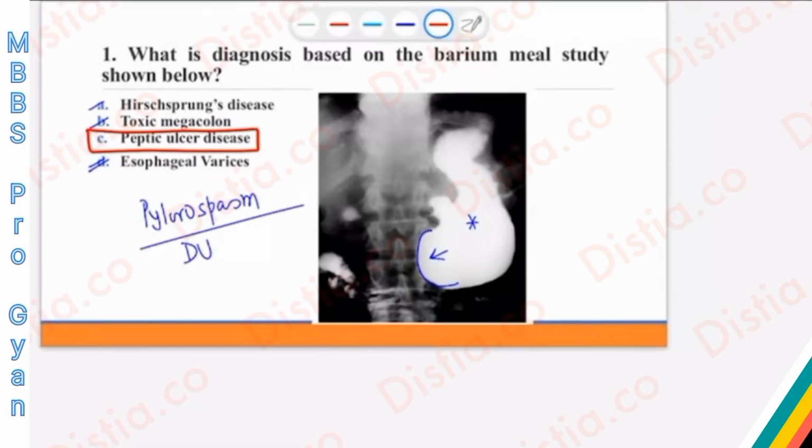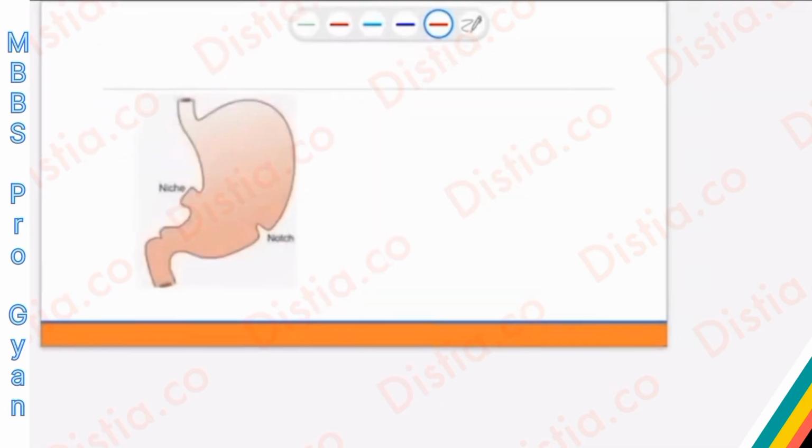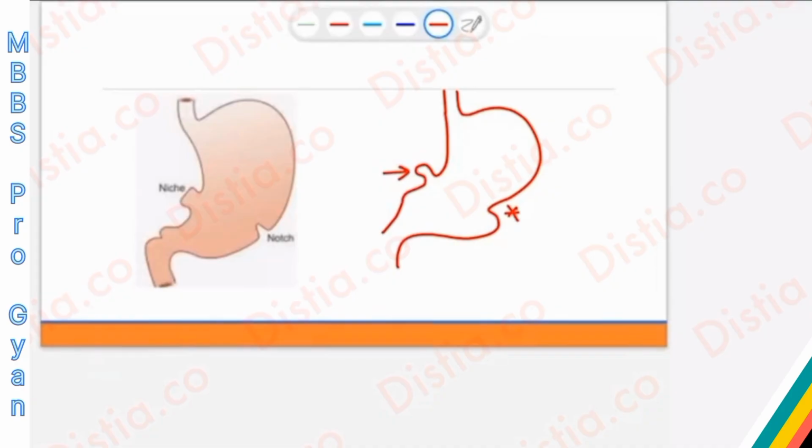At this juncture, I also want to highlight that you might be getting an image in which both the lesser curvature as well as the greater curvature of the stomach might be having an abnormality like is shown in this image. In fact, I've shown a mushroom-like growth, or it's not actually a growth, but I just want to show that there might be two peculiarities present on the lesser and the greater curvature simultaneously. We call this, though it's written on the slide, a niche and a notch sign. This niche and notch sign is very characteristic of a gastric ulcer.